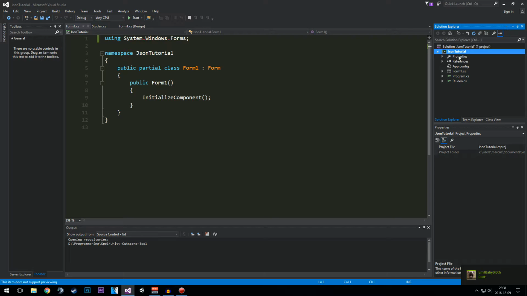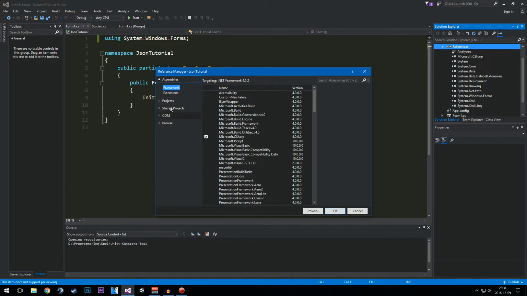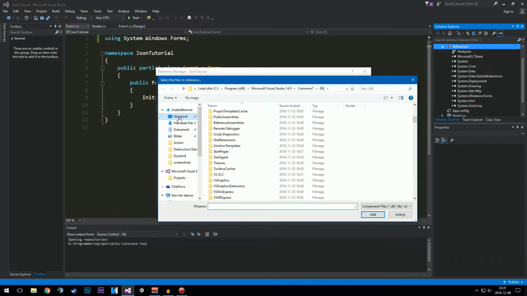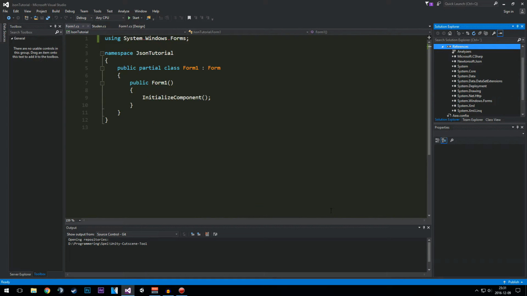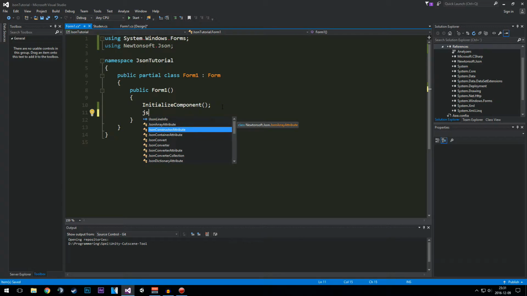But first we can just right click on the references, then add reference. I will have a download link to this DLL file. So you can just press this, open, and then OK, and everything should open. Now we can use using Newtonsoft.Json, and in the public form one, just so I have something to do it with, JSON